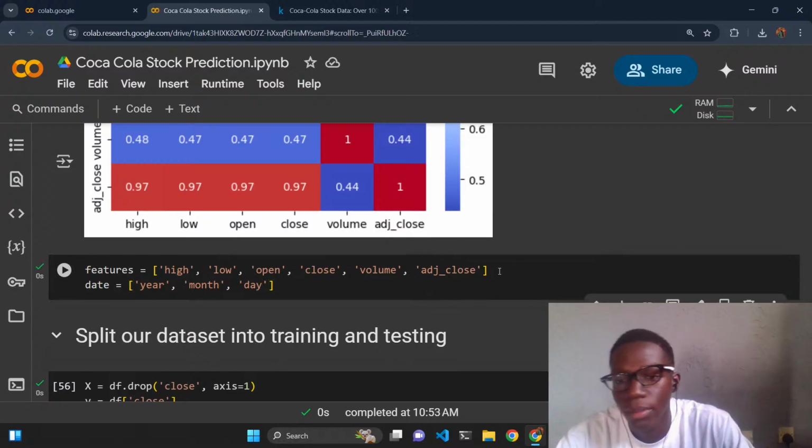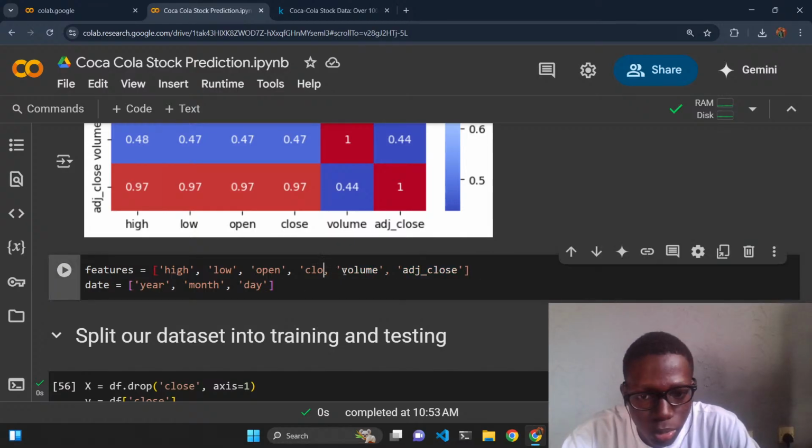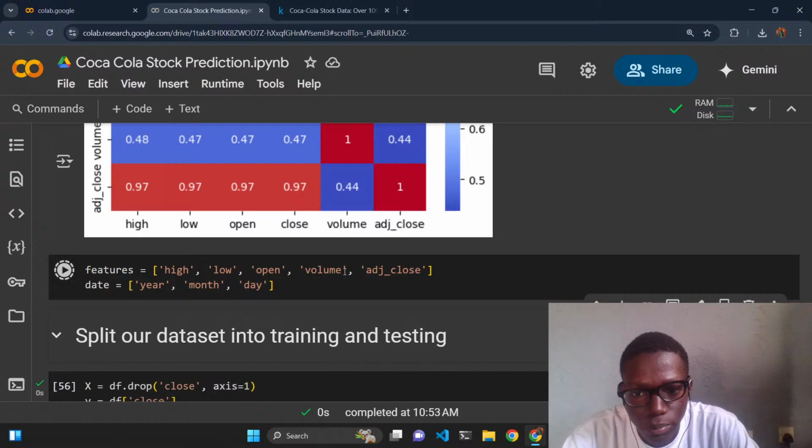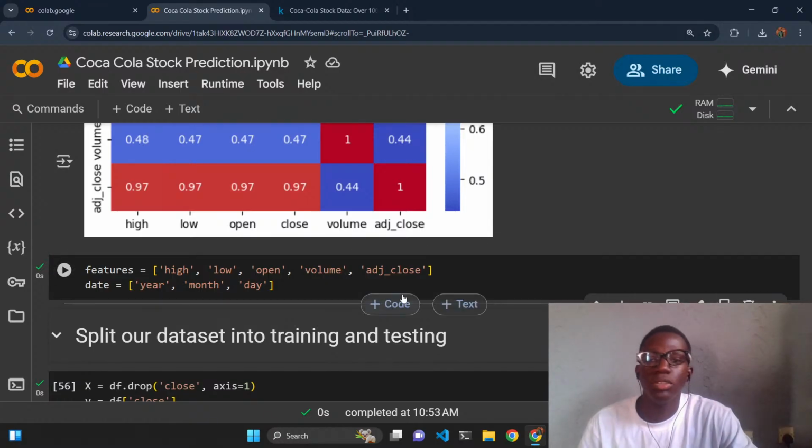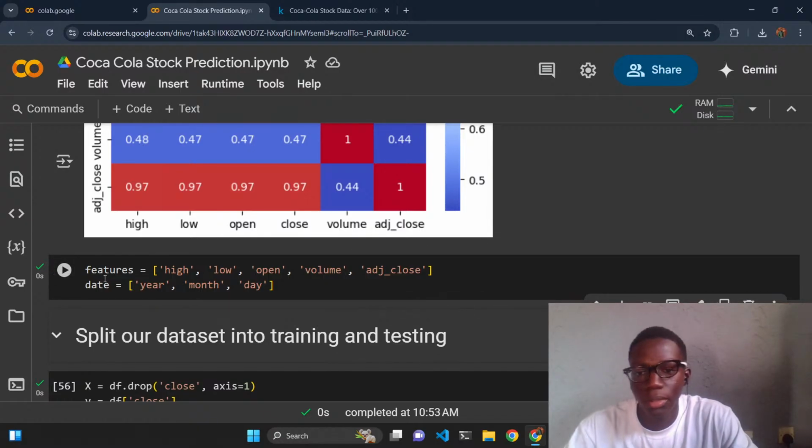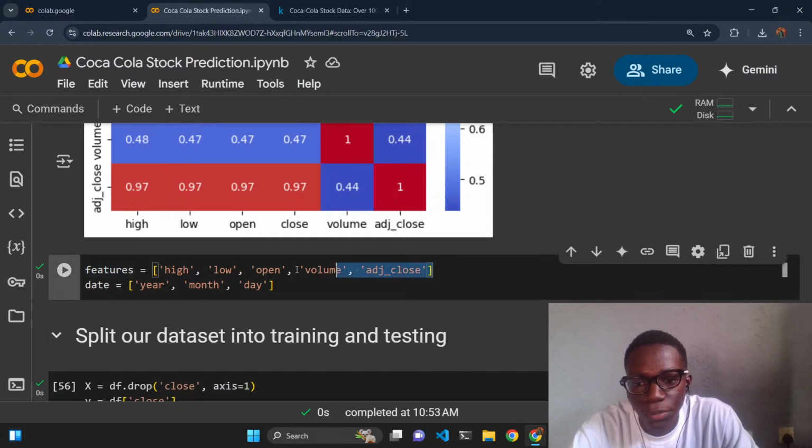Okay, so now we've separated our features. I'm going to remove close. So next up is to scale these features. We are going to scale the features, and after scaling the features, we are going to merge them with